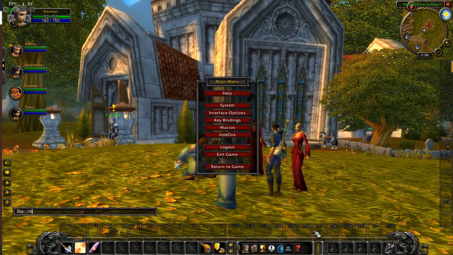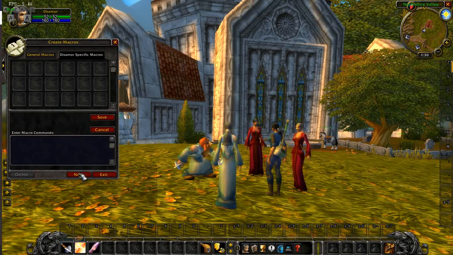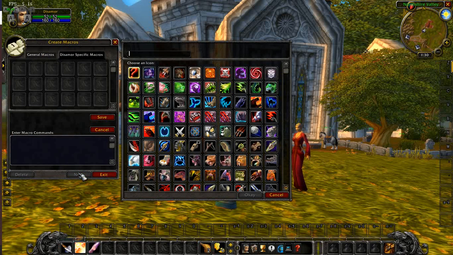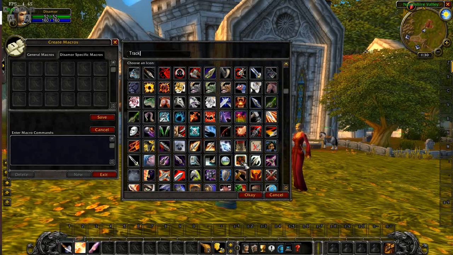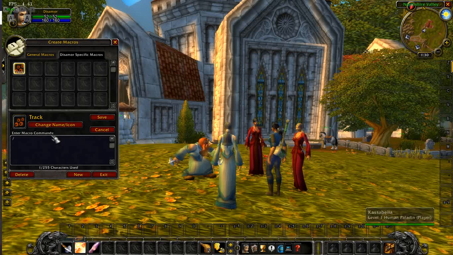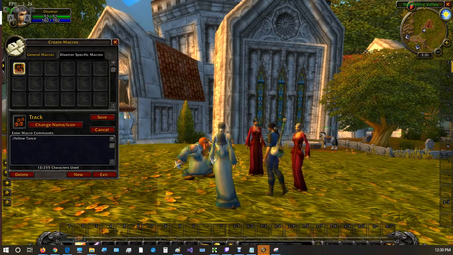And then /m for macros. I'll just hit the macros here. Okay, and this is here. New macro. Track, with the little path, that one. /follow. Oh, Tance is not the character that's selected right here. That's on my. Okay, let's go back and get Casabellia's name on here. Okay, that adds that, and /cast